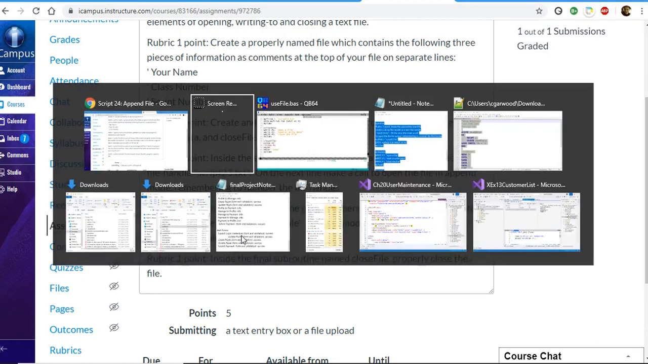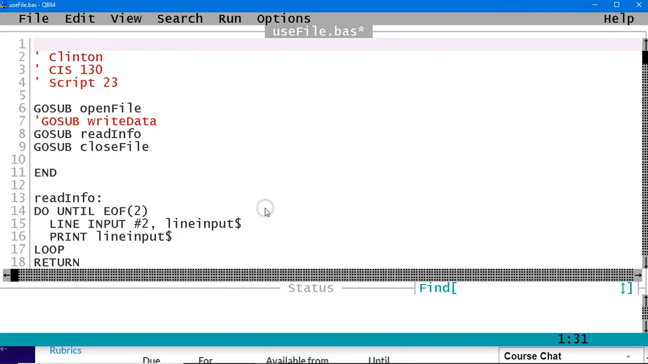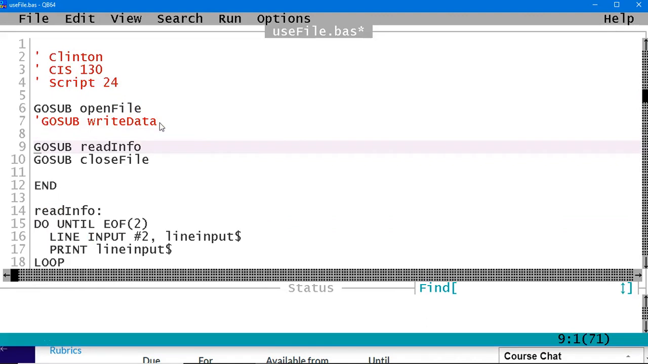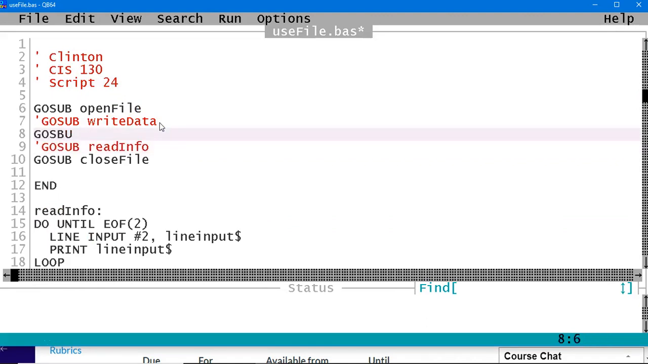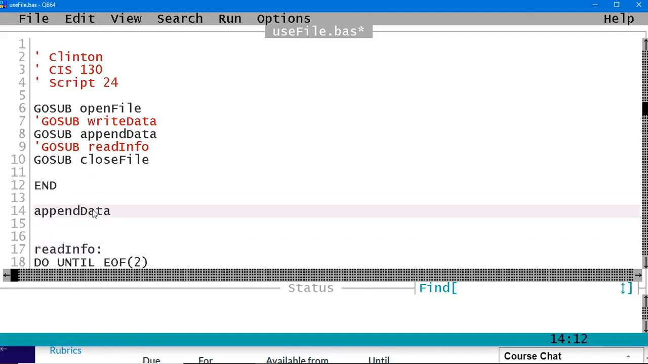Let's do our work here by going back to where we were. This was script 23, and so I'm going to update it, and at this point we had a read info on the last one. At this point I'm guessing go sub append data is where we're going to be. And so I'm going to take append data, and again I'm going to go down into my list of subroutines down here, and I'm going to go ahead and create that